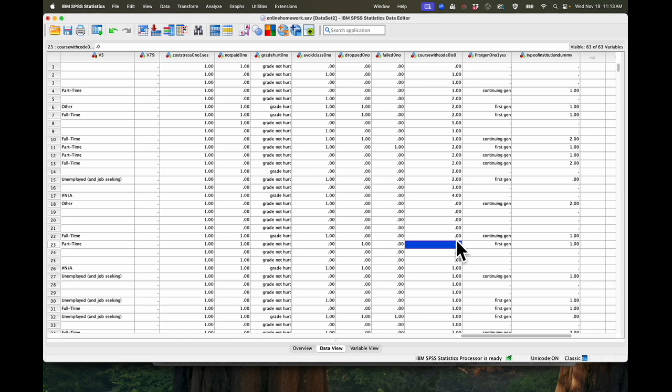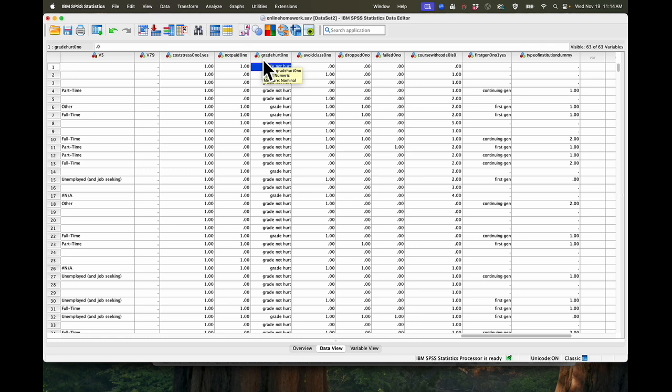In a previous video, I went over how the distribution of students was such that there were more continuing generation students than there were first generation students. Now we're going to follow up with that and see how that distribution of first generation students varies depending on whether or not students say that their grade has been hurt because they could not afford an access code for